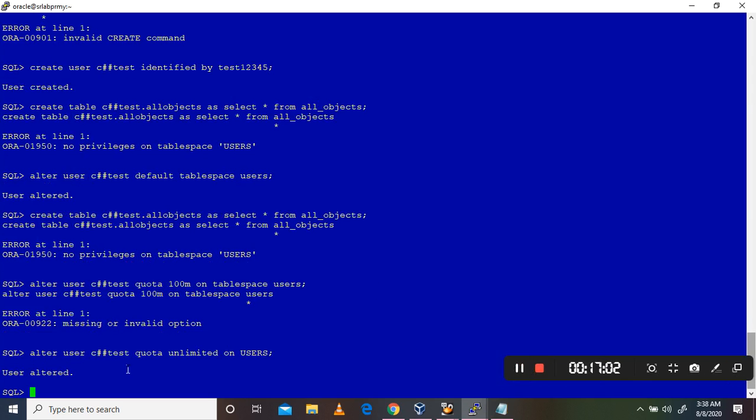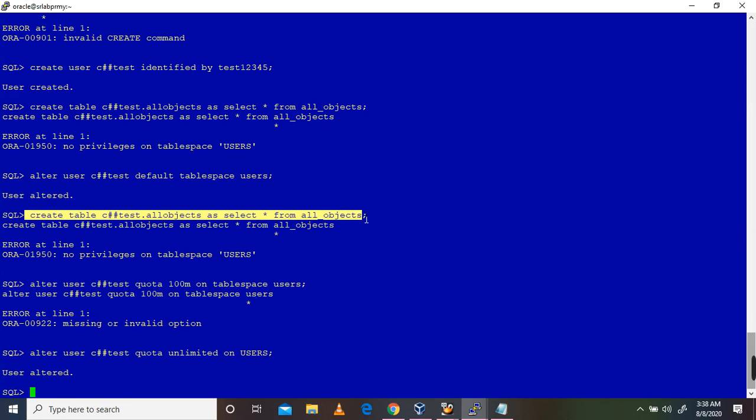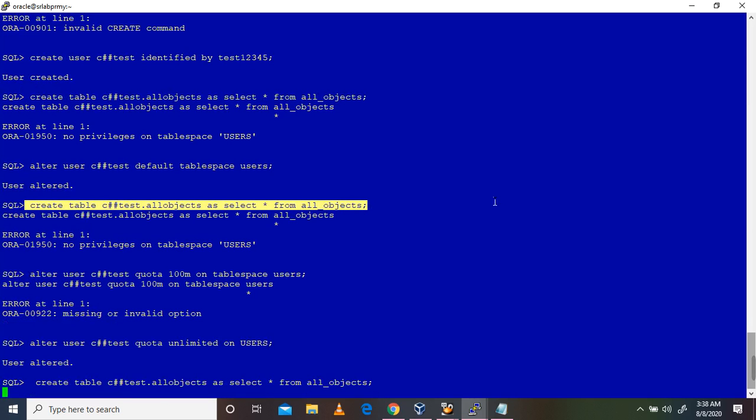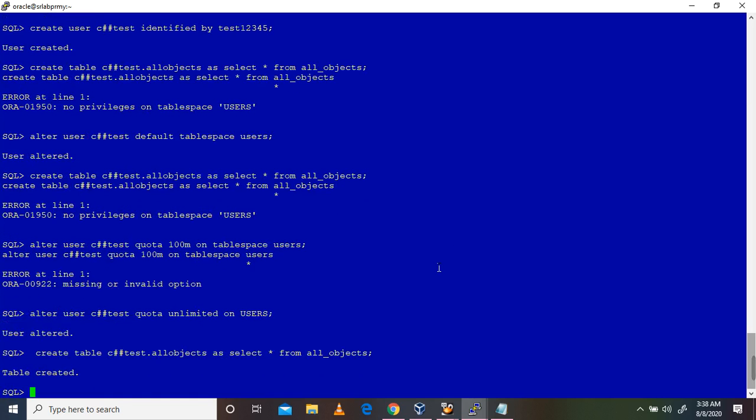I have allocated unlimited quota for that user in the tablespace. So now we can create the table. The table got created. Now select count.